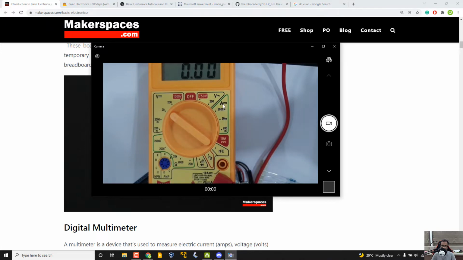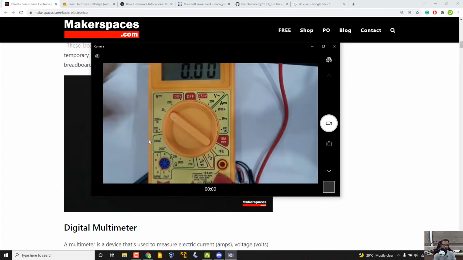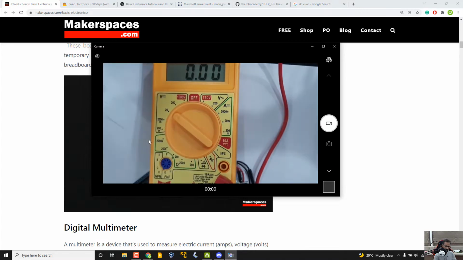Then there is a diode symbol. This is for checking the continuity, and there is an option to check the transistors. Then there is an option to measure the resistance. For example, if I want to measure the resistance of this resistor, what I can do